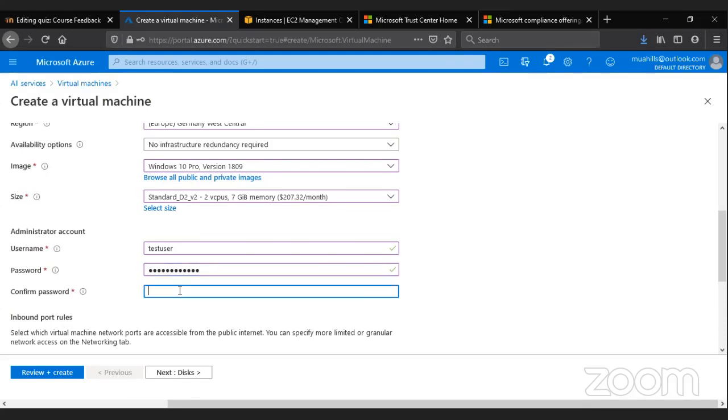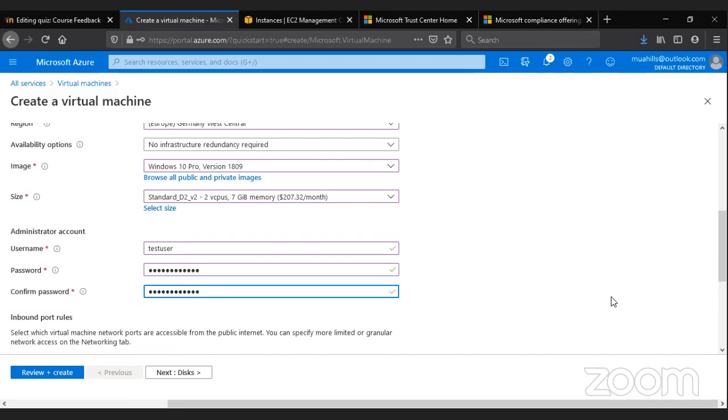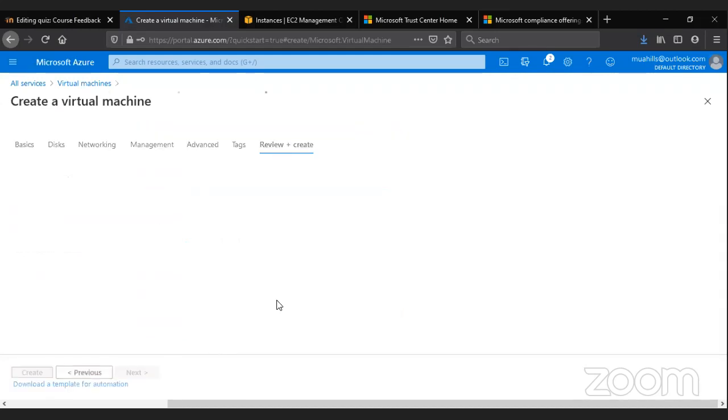And then we can configure inbound rules. The way I said, we might want to allow selected ports or selected IP addresses to access, but let's not do that. So we can go next and create disks, or the same way, or we can create the instance immediately.